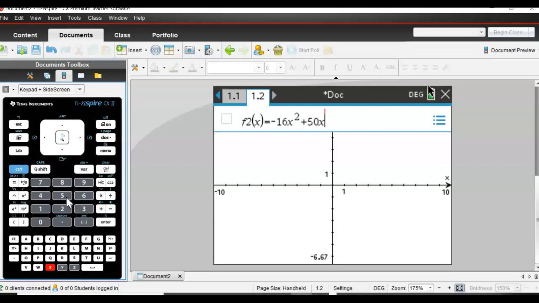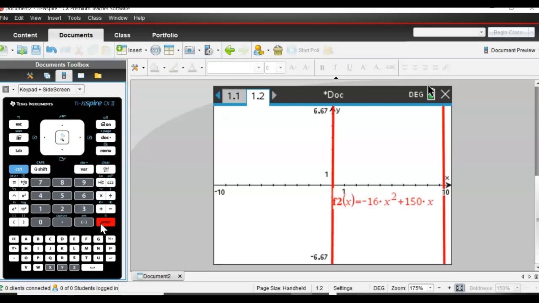And I'm going to, not 50, 150. Make sure that looks like my equation, negative 16x squared plus 150x. Beautiful. Hit enter. It did the exact same thing. So all I need to do now is make sure that it reaches a maximum height that hopefully is 425